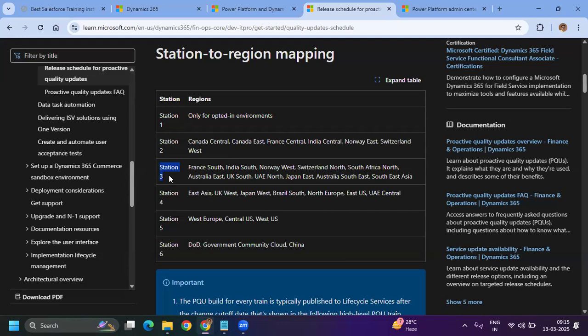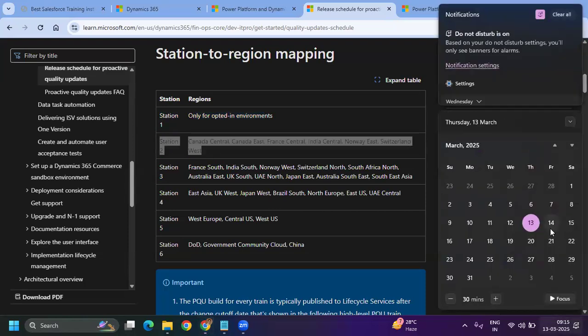Now, what will happen? If there is any patchwork or any new functionality, this applies for both major releases and minor releases. That means, as I said, wave 1 and wave 2 are the two major releases, right? In the same way, every weekend there are some minor releases. Now, whenever they release a version number or a patchwork, first it will be updated in station 1. And in the next week, it will move the same solution to station 2. That means, now let's say I have a fix for one of the bugs, in this week, maybe by